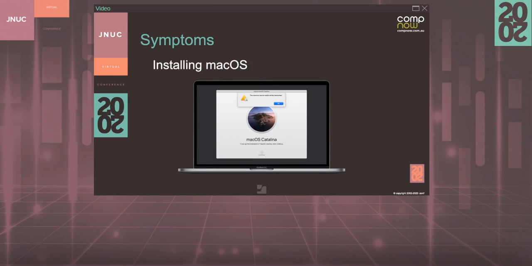Another one we see is we can boot to recovery. We can even boot to internet recovery. But when we try to install macOS, we keep getting errors, even if it's coming locally using a tool like MDS or Installer. It's a typically ambiguous error from Apple that the recovery server could not be contacted. But we checked all the internet recovery hosts. They're all open and working fine. Maybe we even just booted from them, so we know we can access them, but it's saying here we can't